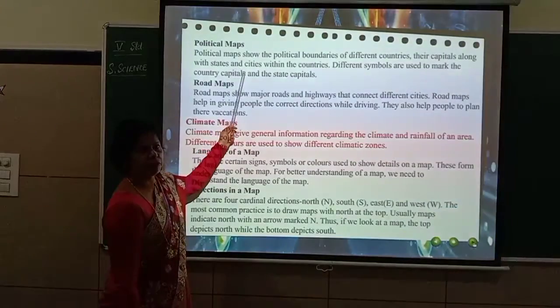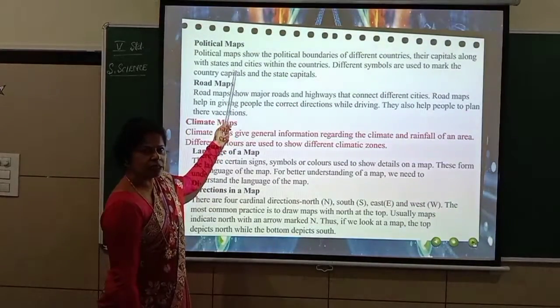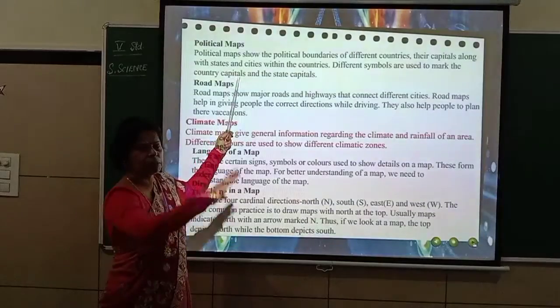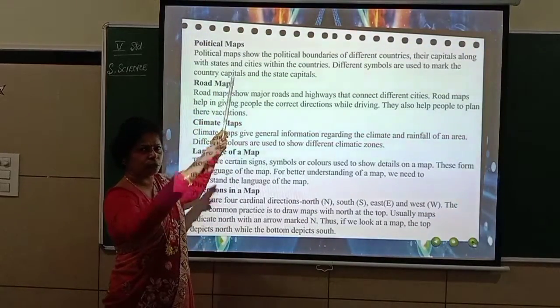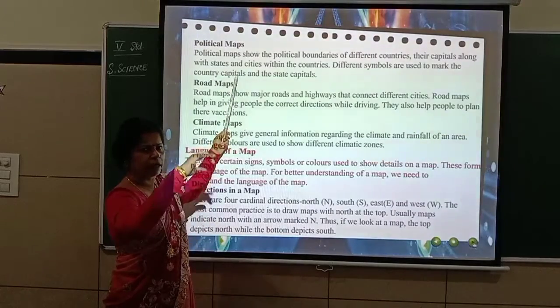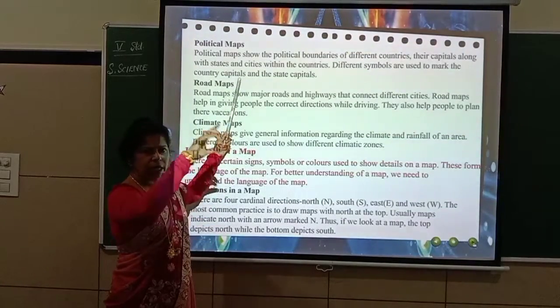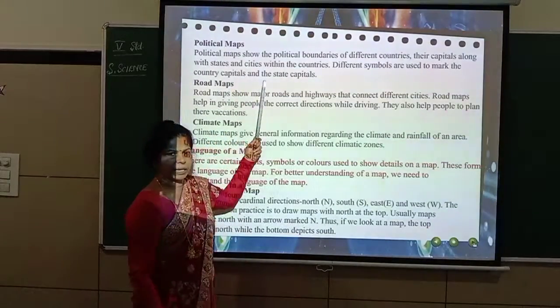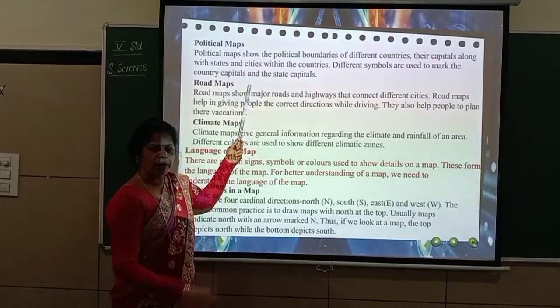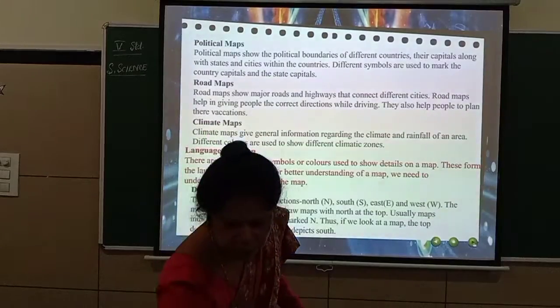Now for example, if you take India, it has got many states, isn't it? For example, Jammu and Kashmir is in the northern side, and how it is shown, the area is shown with a line there. That is called the boundary of Jammu and Kashmir. If you take Karnataka, Karnataka has got its own boundary. Okay. So like that,